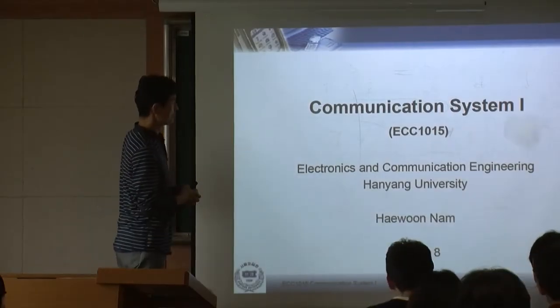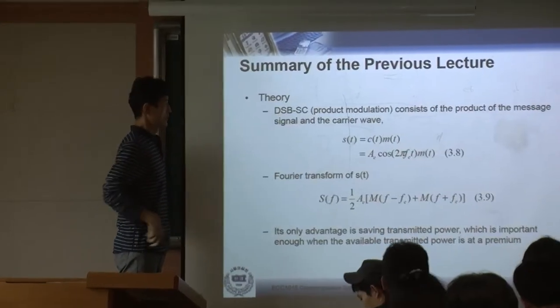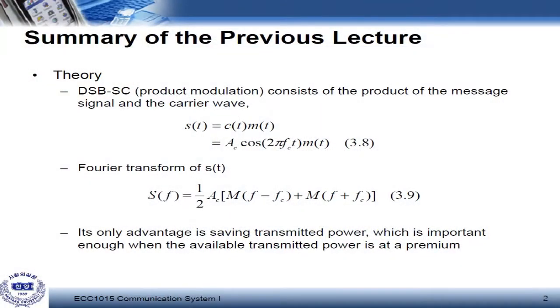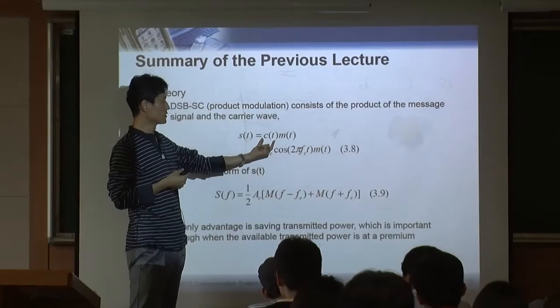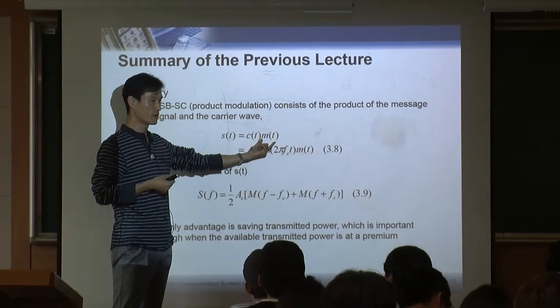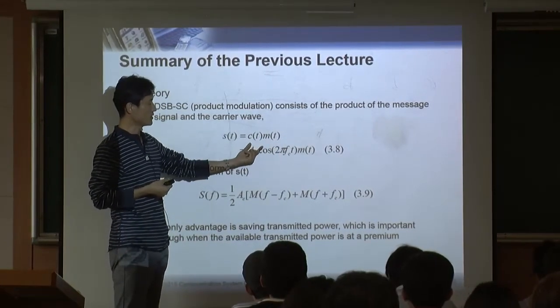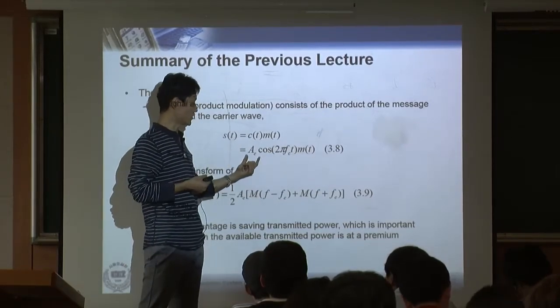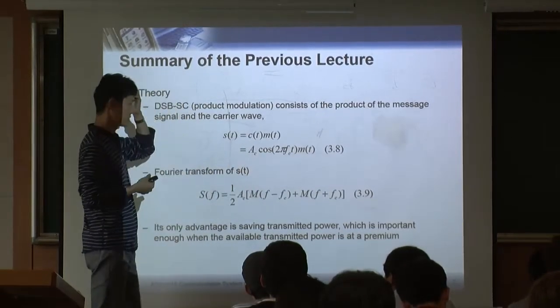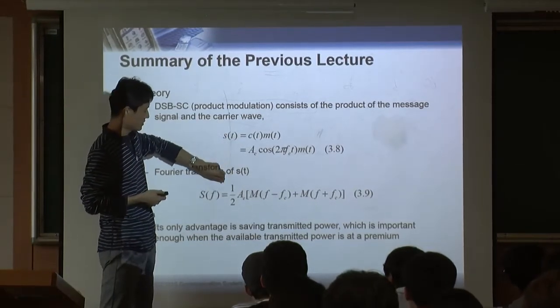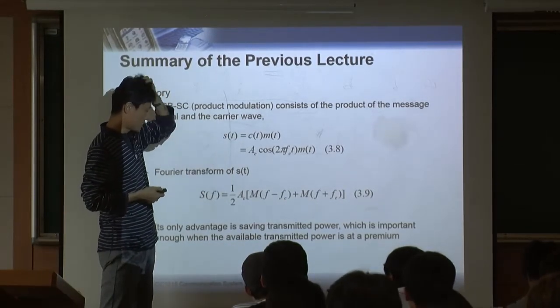Okay, let's briefly review what we learned last week. Last week we discussed the double sideband suppressed carrier. So how it works is that in the transmitter, you have a carrier and you have a message, right? And you simply multiply the message with the carrier so that the message is still part of the amplitude of your carrier, right? Now, when you look at this s(t) from the frequency domain,